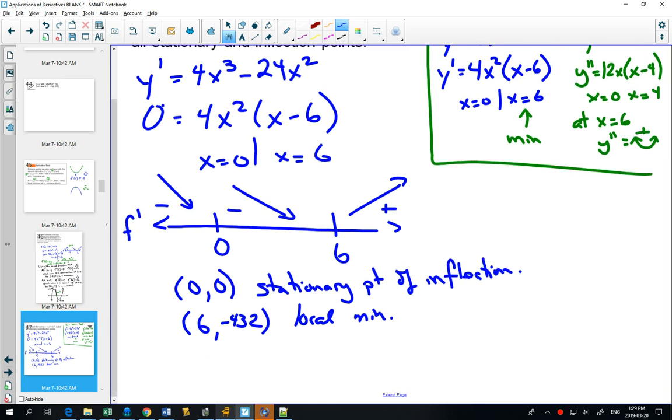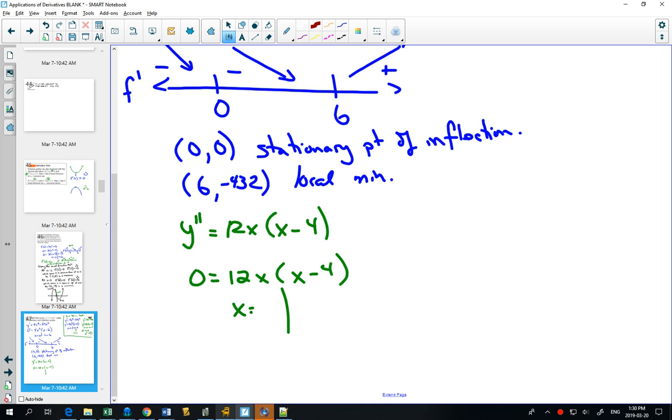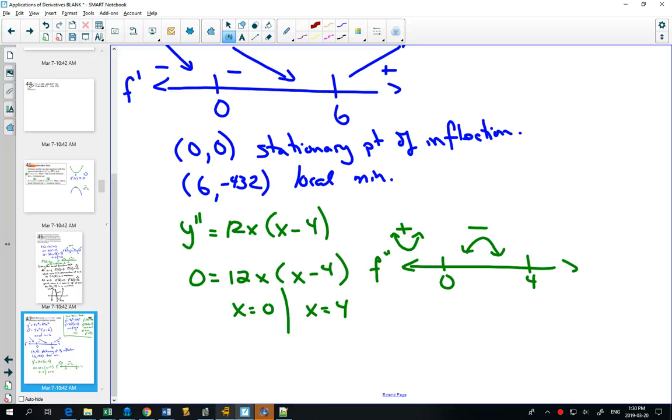And then from our second derivative, which we already figured out over there, was 12x times x minus 4. Set that equal to 0. And our number line for our second derivative was 0 and 4. Plug in something less than 0. Both of those will be negative, meaning this is concave up. Between 0 and 4, it's negative, concave down, and after 4, it's positive again. So we already knew that 0, 0 was a stationary point of inflection. Now we can also say that 4, comma,